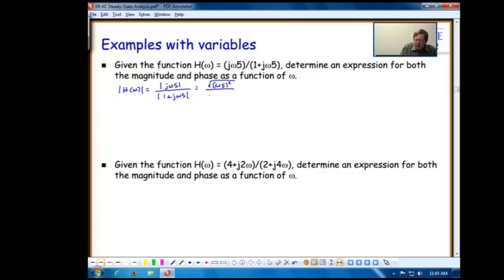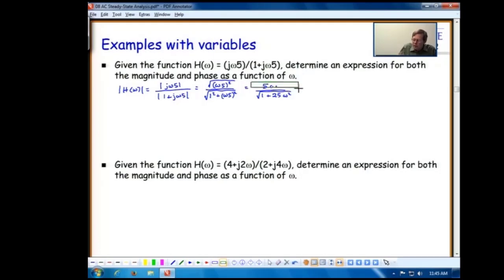In the denominator I have the square root of 1 squared plus omega 5 squared. So this equals, I'm going to reverse the order of the omega and the 5, 5 omega divided by